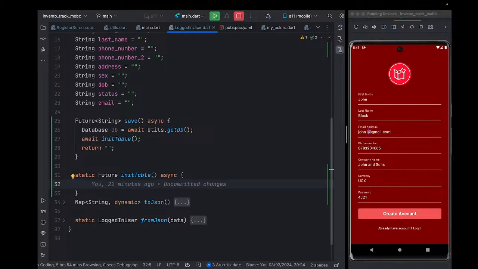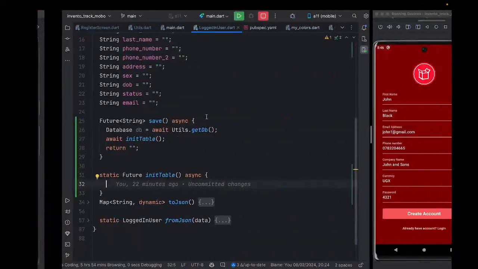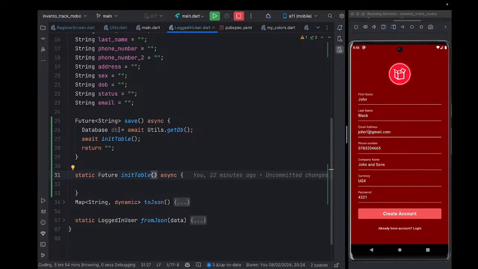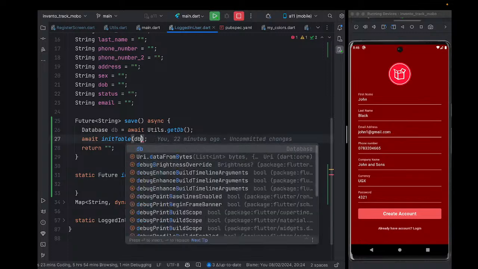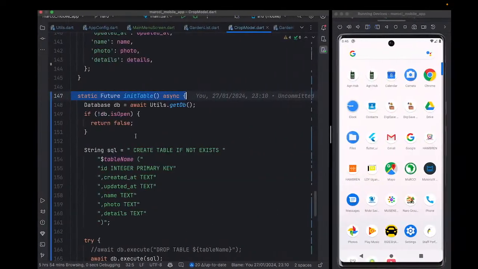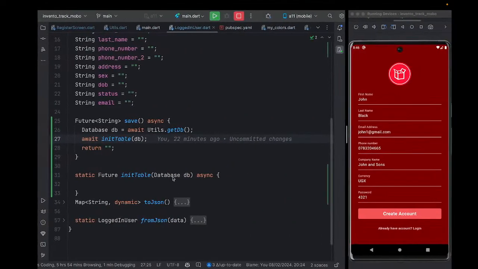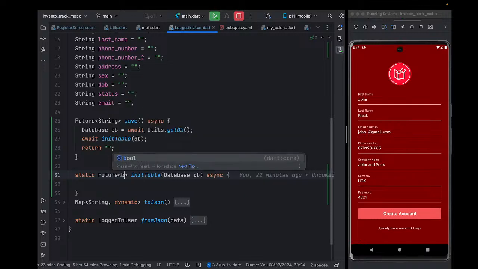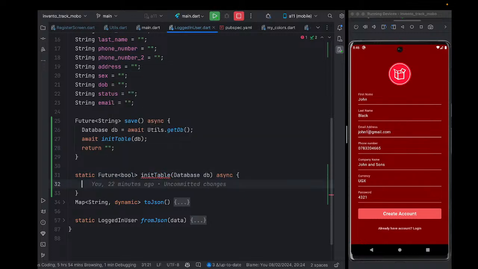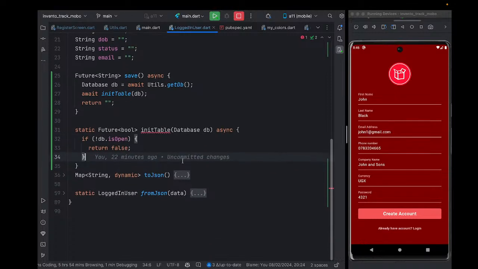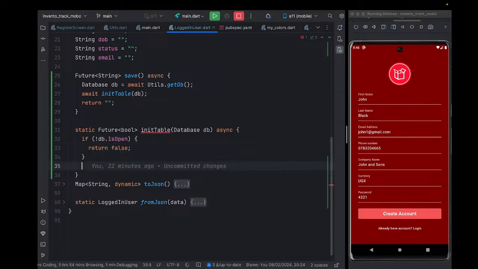Since we already have the database initialized, we can give it the DB. So it will be accepting a database, and here I'll be passing DB. After doing that, the next thing we're going to do is check if the database is opened. If it's not open, we'll send back false. So this is going to be a future bool: for success it returns true, and for fail it returns false. So you go ahead and say if DB is not initialized, return false. Maybe it did not succeed in